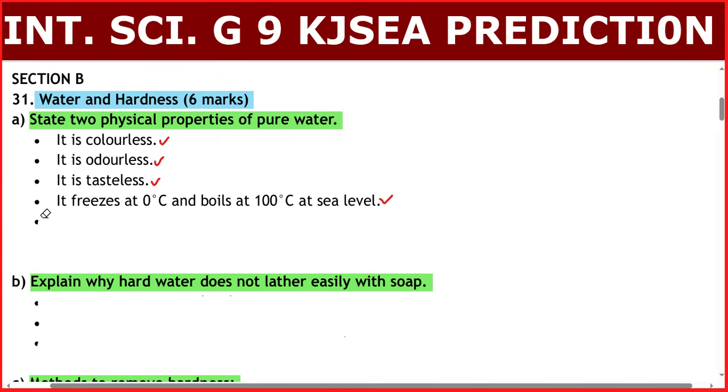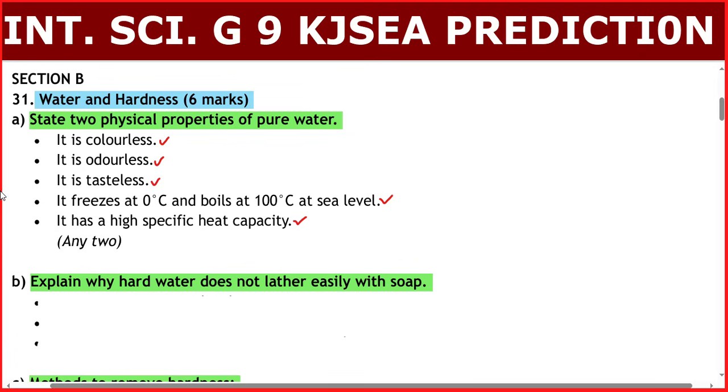Then the other one we can talk about here is it has a high specific heat capacity. Any two of the choices, because you have been told 2 marks, you can just write them there and then